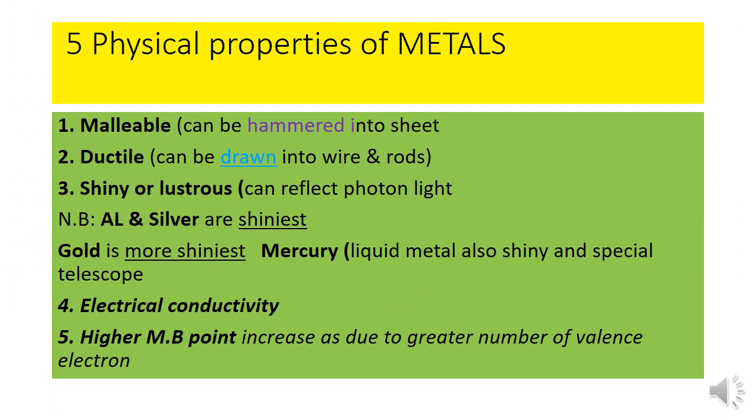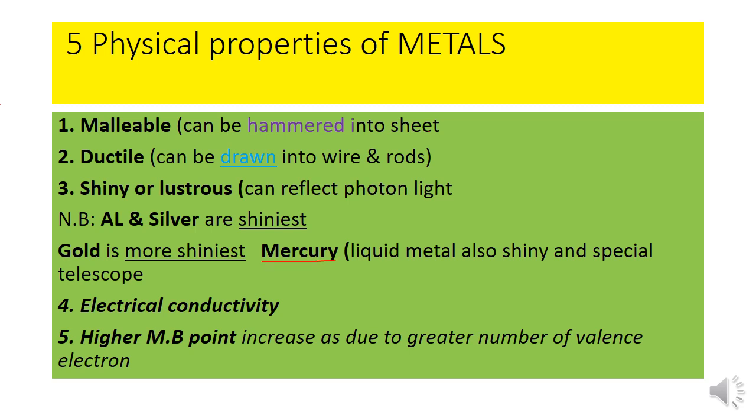The five physical properties of metals. We have malleable, which means a metal that can be hammered into sheets, whereas ductile means a metal can be drawn into wires and rods. Then shiny or lustrous, which means it can reflect light. For example, aluminum and silver are shiny, while gold is even shinier,